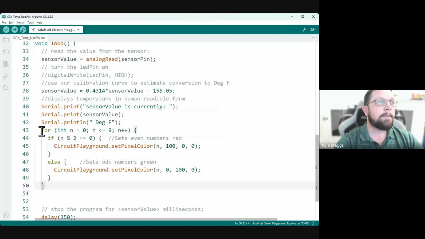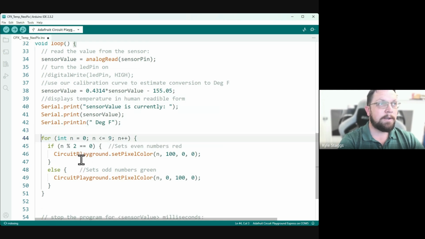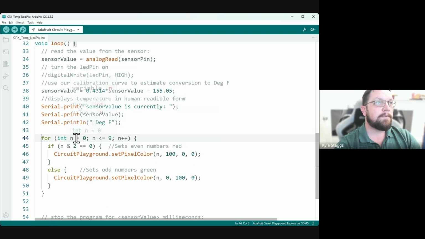So this for loop can go in its own structure where if the value is above this certain range, then do this thing. And what we're going to say is for integer 1 through 9,